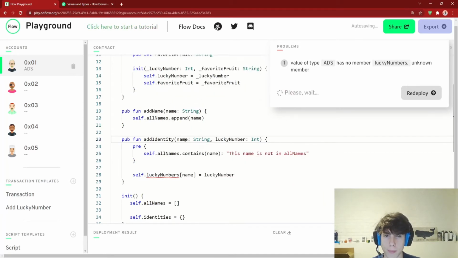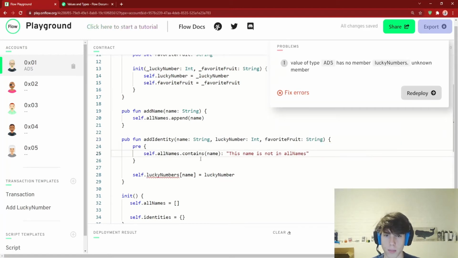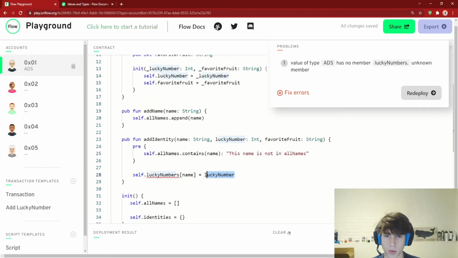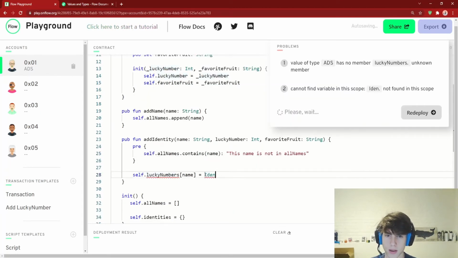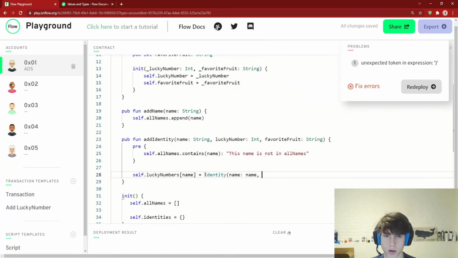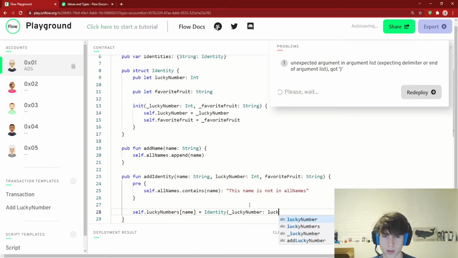And so we're going to map a string to, let's take in a lucky number, and let's also take in a favorite fruit, which is going to be a string. And we're going to still make sure that it's contained in the array, but what we're going to do is we're going to say identity, and the name is going to be a name. The identity takes in 2 things, right? The identity takes in a lucky number and a favorite fruit. So it's going to take in a lucky number, which is the lucky number, and a favorite fruit, which is